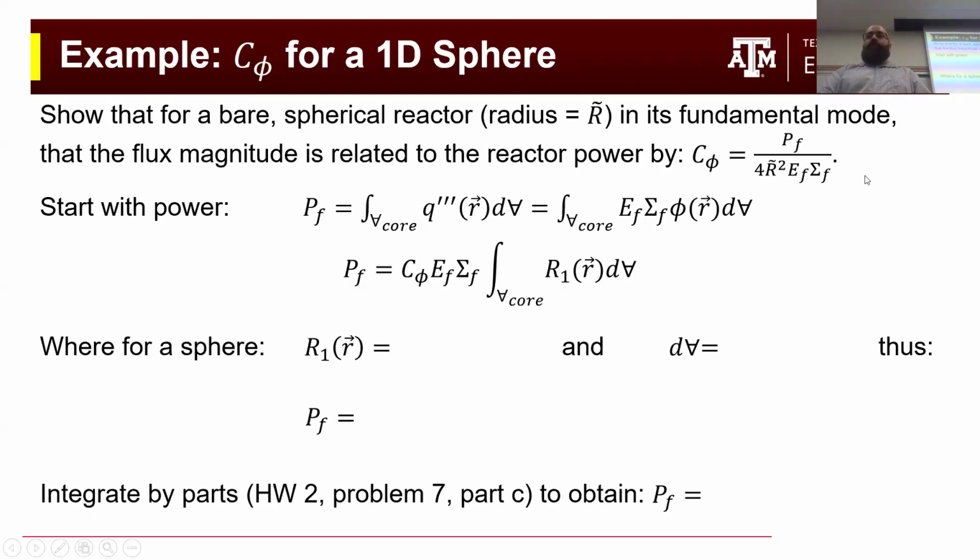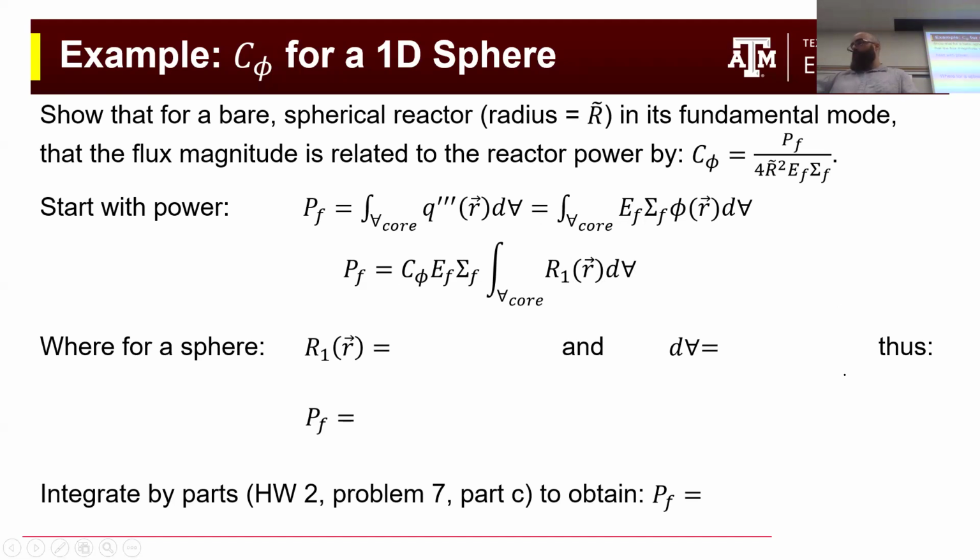So this is what Dr. Svedkov's notes say that flux constant is. If you know the reactor power, find the flux magnitude is kind of what the problem would say. So we start with that definition of reactor power that we just wrote down. And then we recognize that we could further rewrite the flux as that flux magnitude times the shape function. And then the EF, the sigma F, and that flux magnitude are all constants that can come out of the integral. So that's how I get here: I've just pulled all the constants up front, and now all I'm doing is integrating that shape function over the reactor volume,